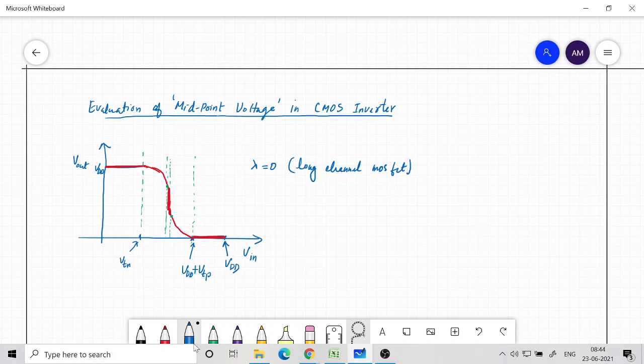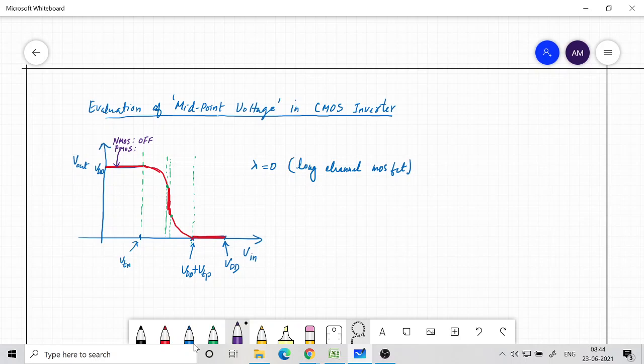Okay, so then another thing we said is that in different regions, if you look at this particular region here, region 1 if you call it, here our NMOS is off, NMOS is off, and PMOS, what is the condition about PMOS? So look at the circuit.